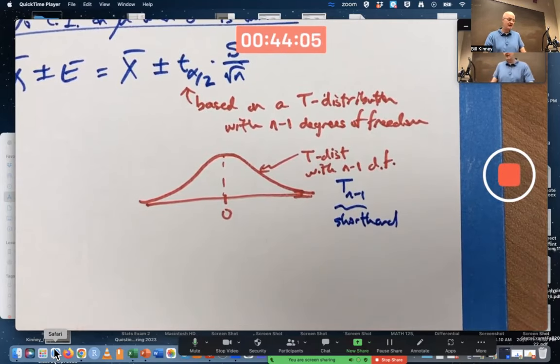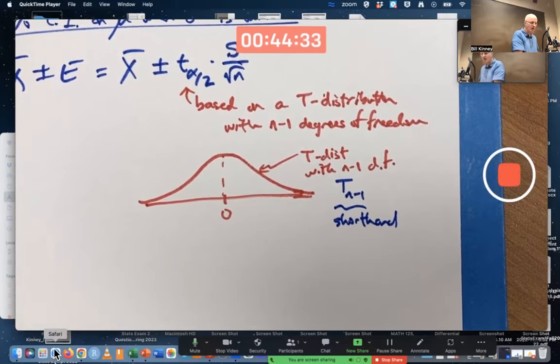What is the degrees of freedom? You could try to figure it out from the PDF. I will tell you the PDF in the book has a typo in it. I did mention at the beginning of the course, our book has a lot of typos. I haven't spent the time trying to catalog them all. But if you run across things that look like typos and you wonder if it's a typo, it very well may have been.